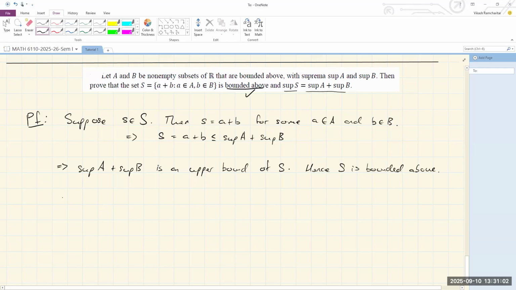Since the supremum of the set S is the least upper bound, the smallest upper bound of S, and this number, supremum A plus supremum B, again think of this as a single number, is an upper bound,